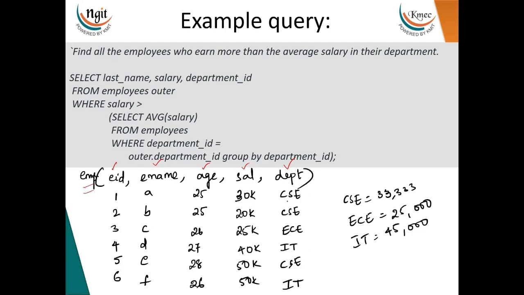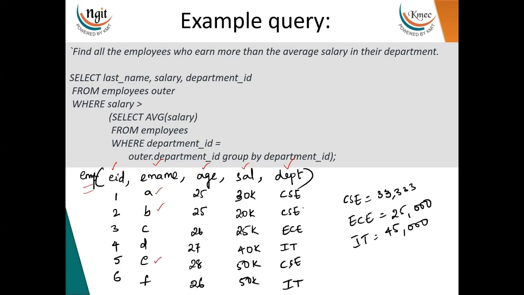Now, how many employees are working under CSE? If you see from the table, there are 3 employees. Who are they? A, B, and C. Now, among A, B, and C, who come under the CSE department, who is earning more than the average salary of